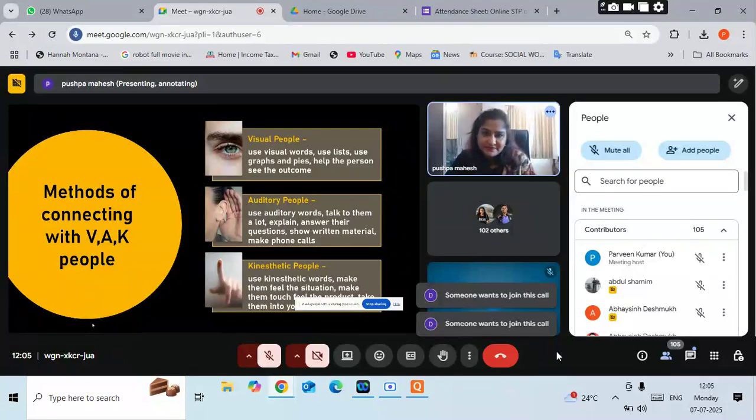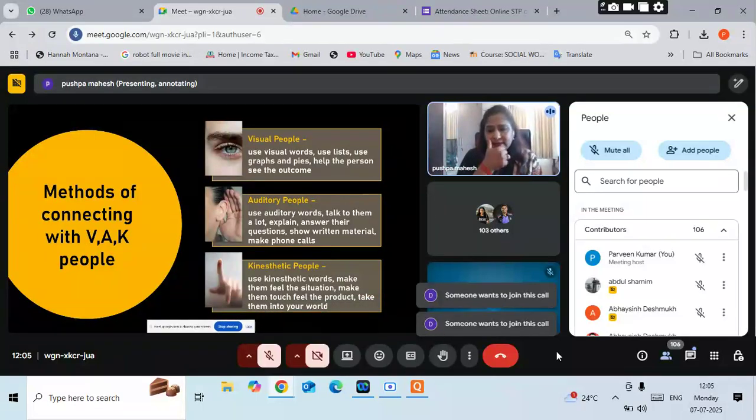And the way we connect is to use visual words like see, obvious, transparent, it's clear, and all such words that relate to how opaque or transparent something is. And use diagrammatic representations to help the person see the outcome. With auditory people, use auditory words, talk to them a lot, explain, answer the questions, show written material, make phone calls. With kinesthetic people, use kinesthetic words, make them feel the situation, make them touch and feel the product, take them into your